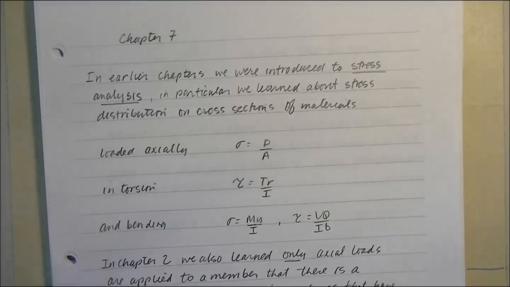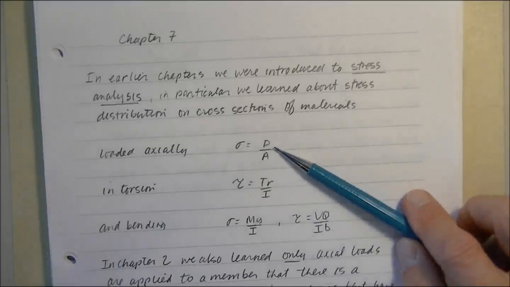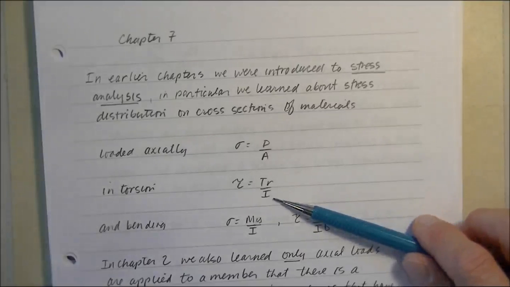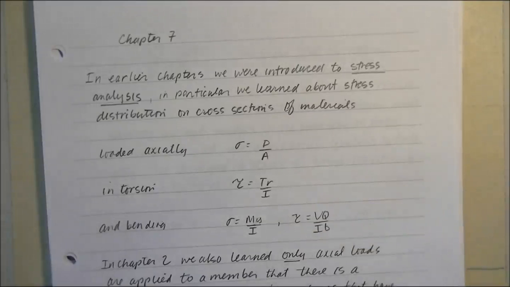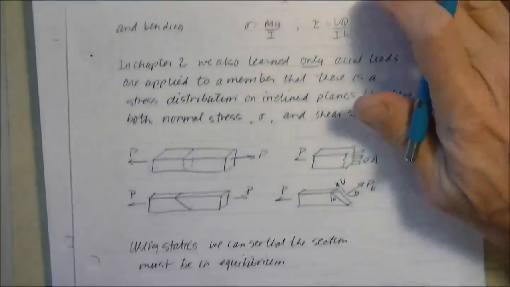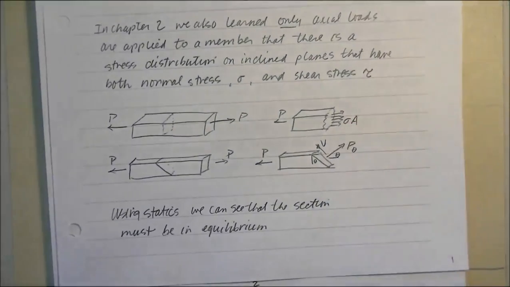In Chapter 1, we talked about sigma is equal to P over A. And in Chapter 3, we talked about shear stress, tau is equal to TR over J. Then in Chapter 4 we talked about shear and moment diagrams, and that led us up to Chapter 5 where we talked about sigma in bending is equal to MY over I, and shear stress in bending is equal to VQ over IB. In Chapter 2 also we learned that